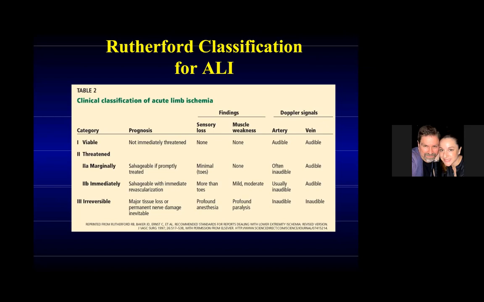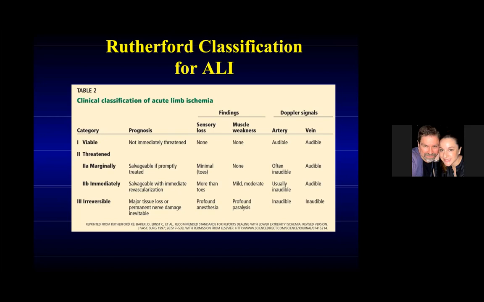If that patient has been in class 2B for more than 6 hours, and is getting close to category 3, usually in the lower limb you're going to have to do a 4-compartment fasciotomy. In the leg there are 4 compartments, and you have to relieve them